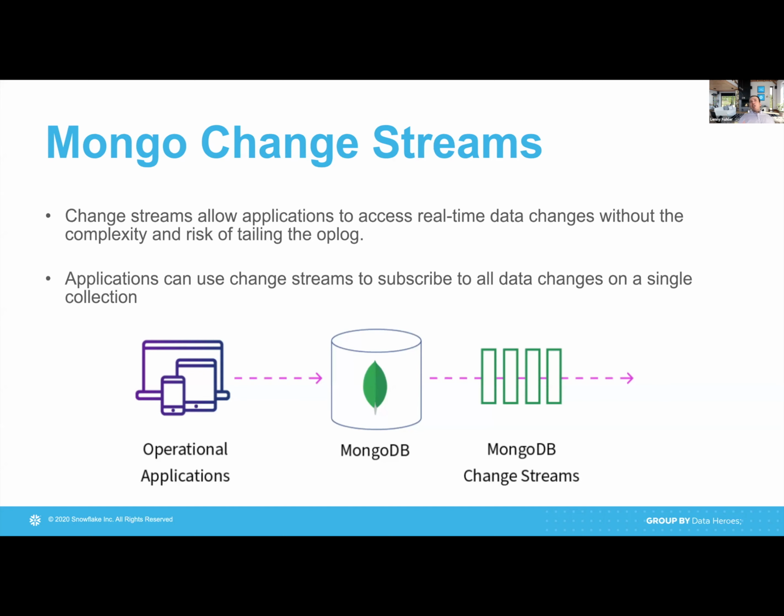So these change streams capture these changes, and they allow applications access to these real-time changes without much complexity, such as tailing a log and grepping a log or processing a log in a way. It pretty much makes capturing of these changes easier to work with. And then applications can subscribe to a specific collection, a specific type of change, or multiple collections. So what we do at Braze, we subscribe to multiple collections' change streams. Those collections, or those tables, power our analytics.